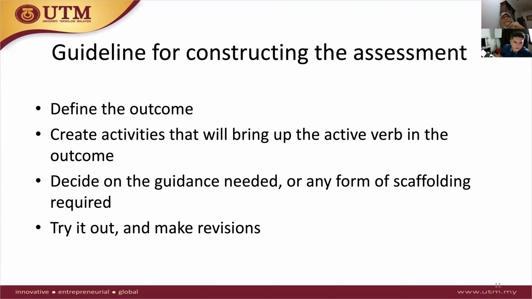I would like to add one more thing. Yes, Prof. According to Professor Richard Felder, maybe some of you have been asking, when you develop some kind of assessment, how long should the duration be, how much time should be allocated for the students to solve the problem? According to Prof. Felder, first of all, we need to solve it ourselves first, and then multiply by 3. So there will be a good allocated time for your students.